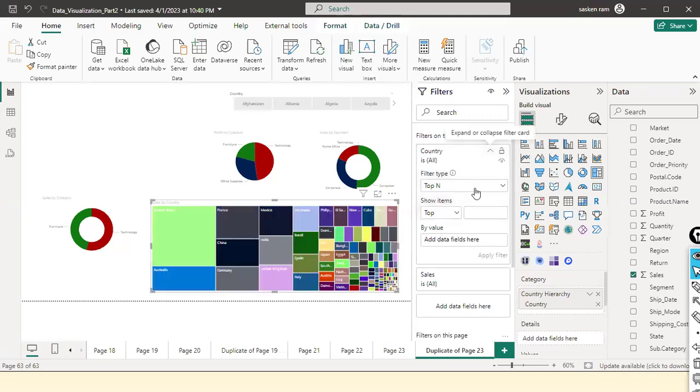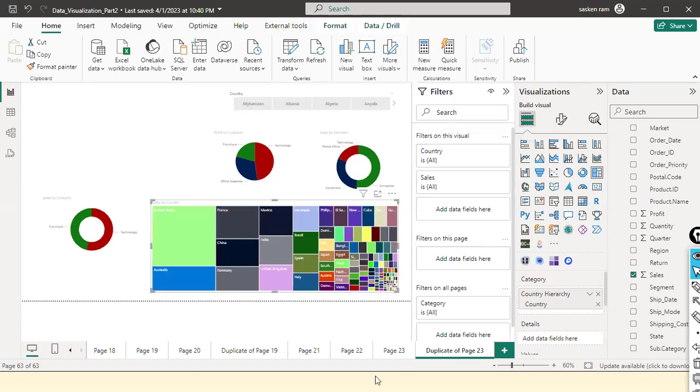So there are three types of filters. In the interview they will ask you about filters on a visual, filters on the entire page, and filters across pages. And what is the difference between slicer and filter? A slicer is an on-canvas filter. You can keep the slicer on top of your report canvas itself, but the filter is not available on top of your report page, right? The filter is more technical, for developers, okay? And the slicer is more